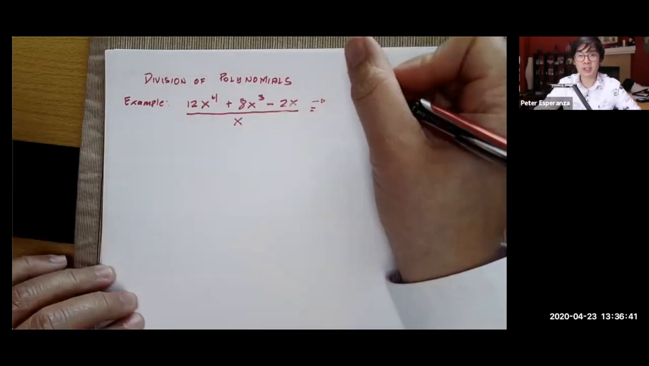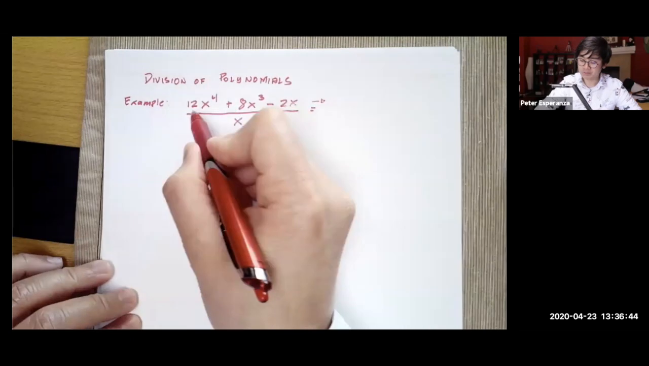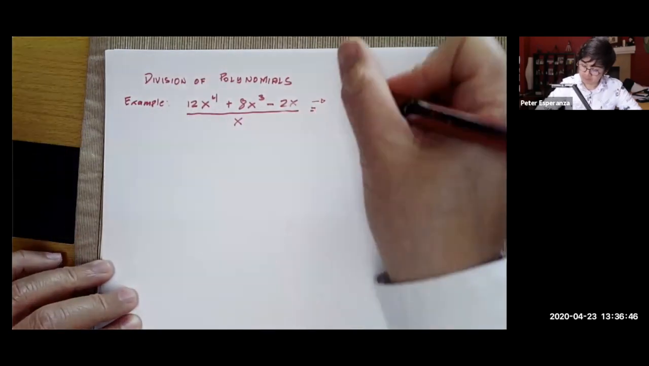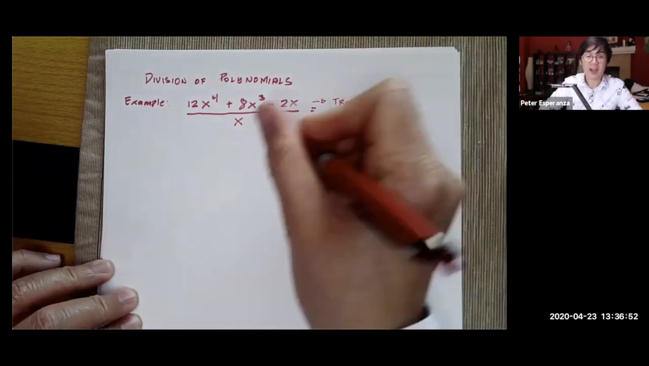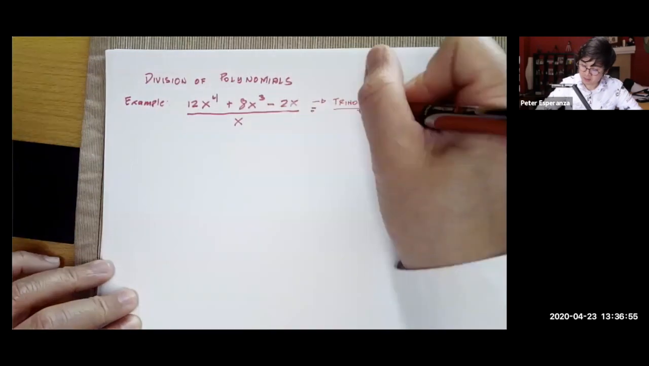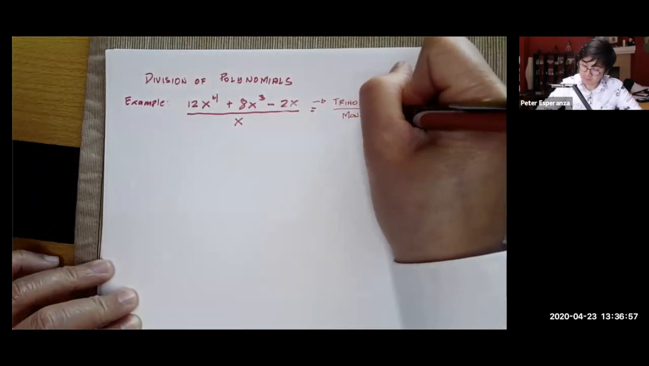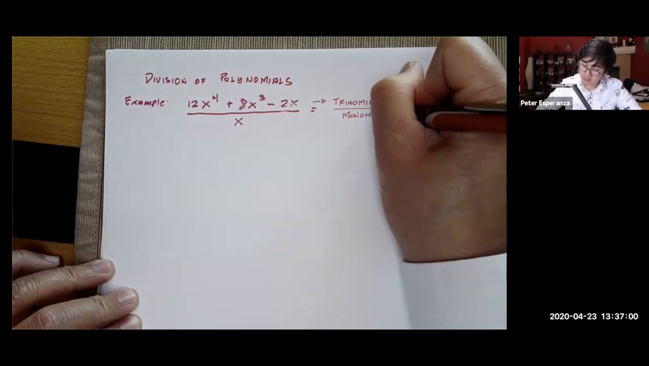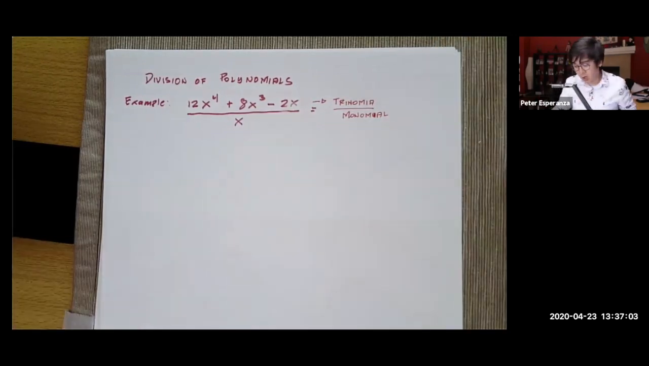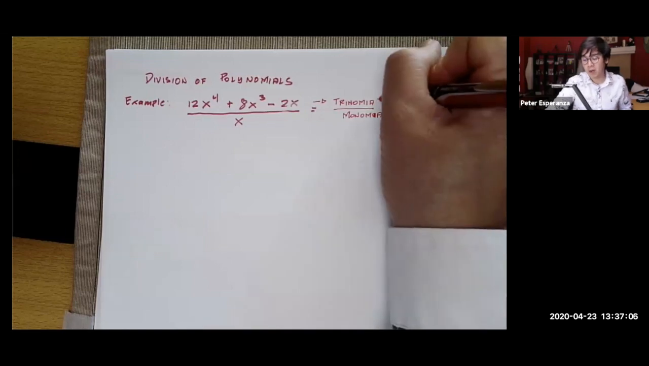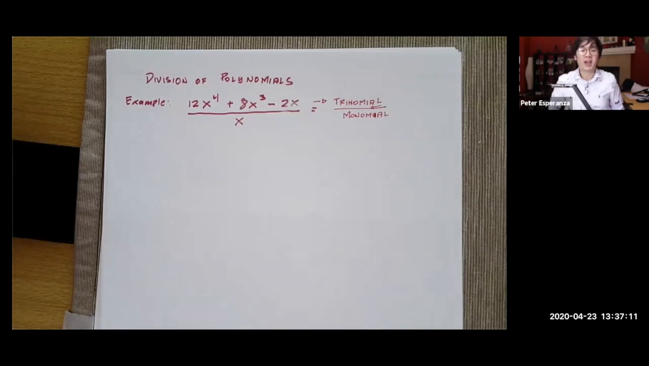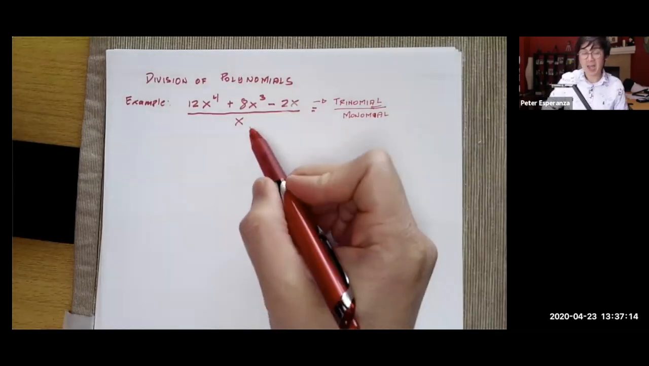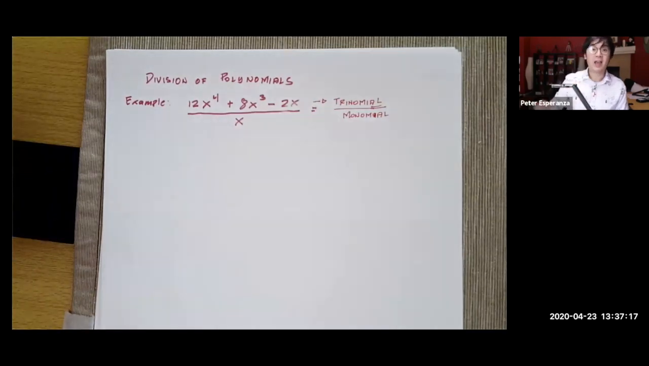In algebra, we know that this type of polynomial is a trinomial. And the denominator is a monomial. So trinomial means a three-term polynomial. Monomial means a single-term polynomial. Whenever you are dividing with a monomial, or a single-term polynomial, as your denominator, dividing this is going to be